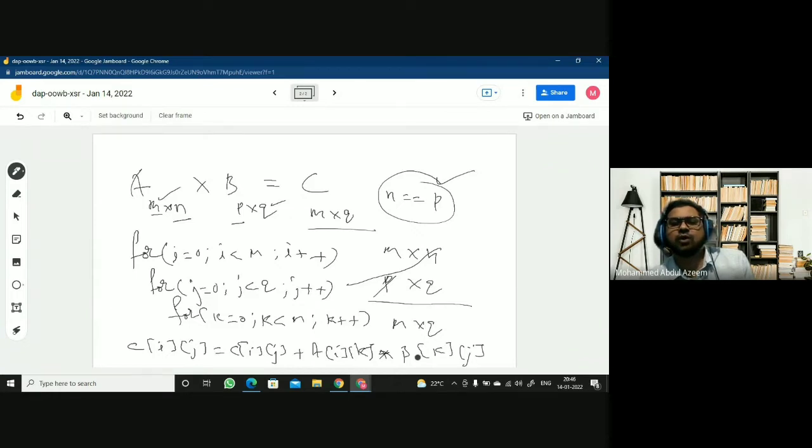The entire row of the first matrix, which has k number of elements, right, is being multiplied with the entire column, the first column of the matrix B. Fine.